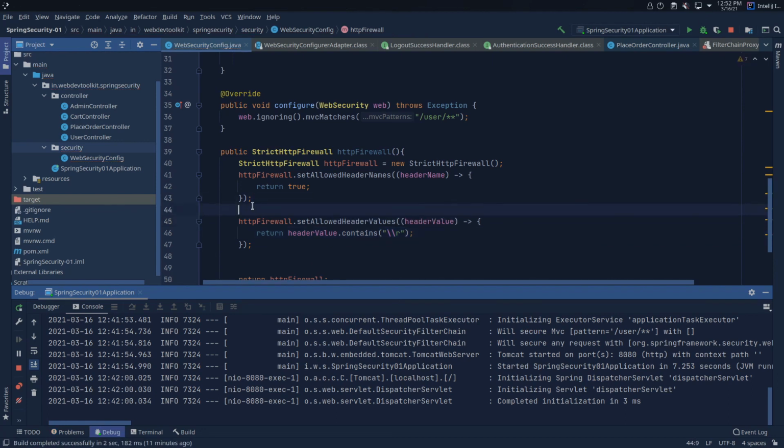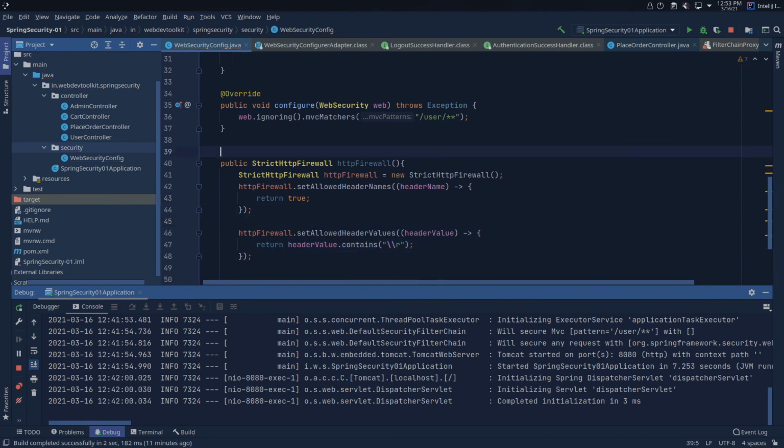You can sanitize the responses, annotate it as a bean, and you are good to go.